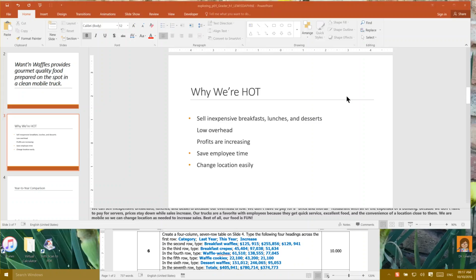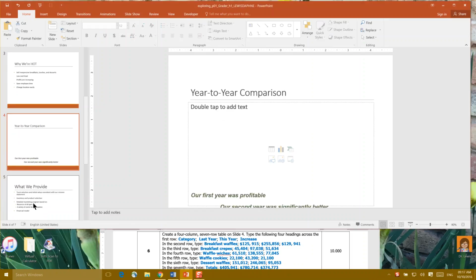Howdy team, we're still on PowerPoint Chapter 1 on Step 6. Create a 4-column, 7-row table on Slide 4. I'm going to come over here to my thumbnails and click on Slide 4, and then you'll see inside my